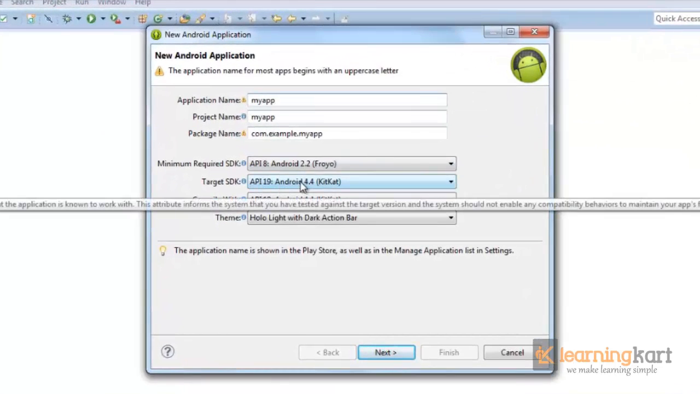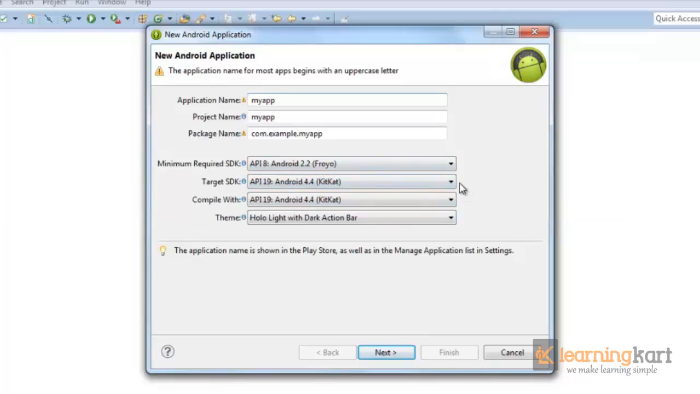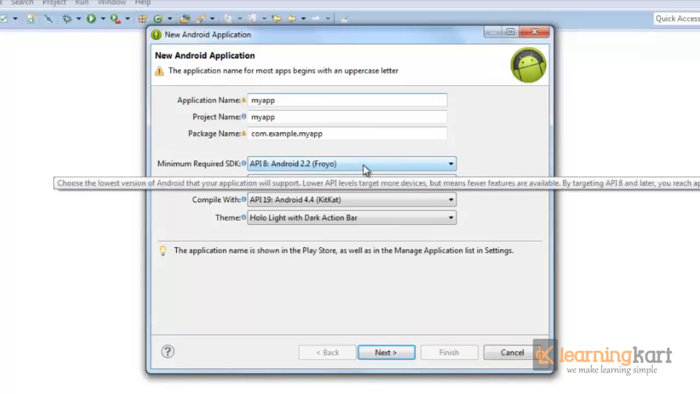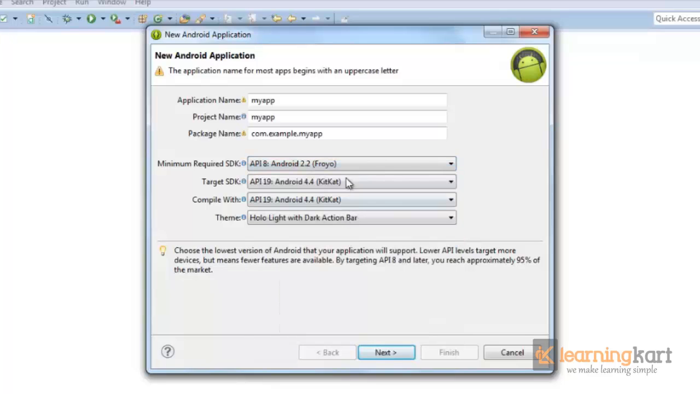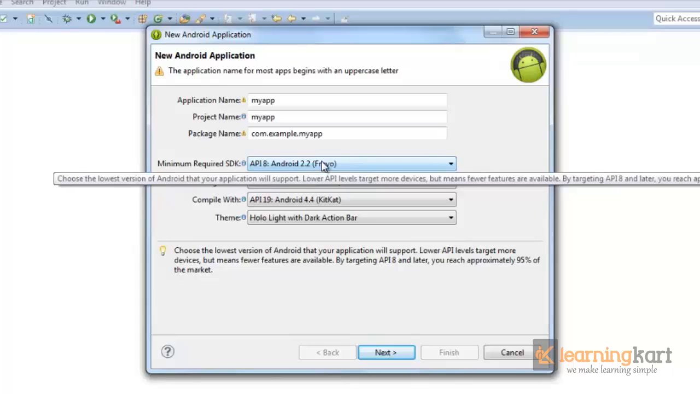has an API 19. So we need to see what features we are using, what API we are using, and whether those features are compatible with API 8. Accordingly, we need to select the basic API on which we want any user to run our app. As we had seen in a previous lecture, what is the fragmentation of users having various types of